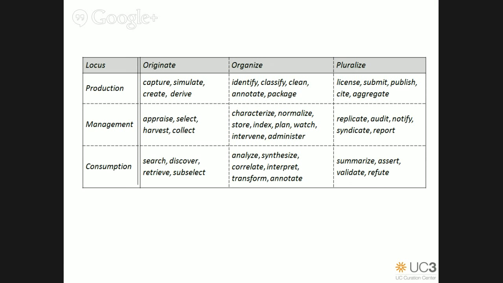But in addition to looking at content and object modeling, we've also attempted to model this notion of content engagement. And we do that by focusing on three particular roles, that of producer, manager, and consumer, and three loci of concerns: production, management, and consumption. And all of these are orthogonal to what we're calling these three dimensions that exist within a continuum.